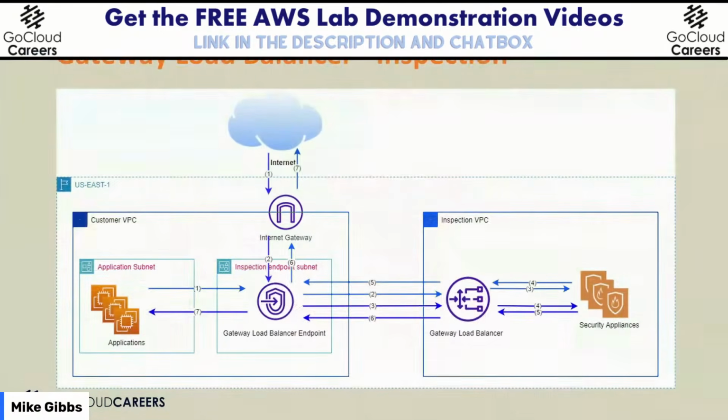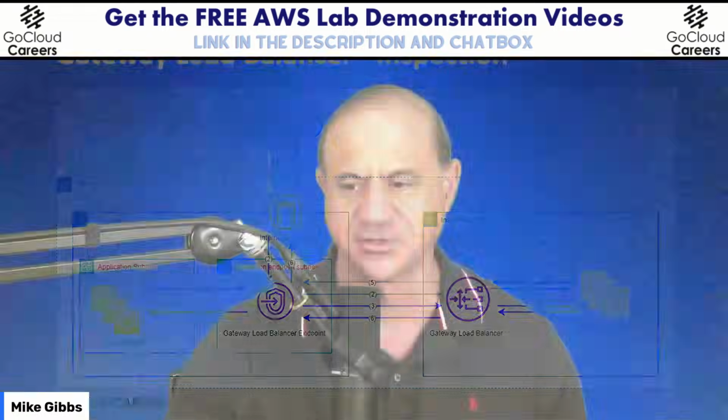So let's look at what it could look like as another approach. You can see you've got your applications, and they would be behind this load balancer endpoint. And you might even send it all to, say, an inspection VPC to be looking at all the traffic as it's going in and out of the internet. You can see you may have an inspection VPC where everything goes. So companies need to know sometimes for security and compliance reasons where their traffic's going. And these gateway load balancers really help a lot with it.